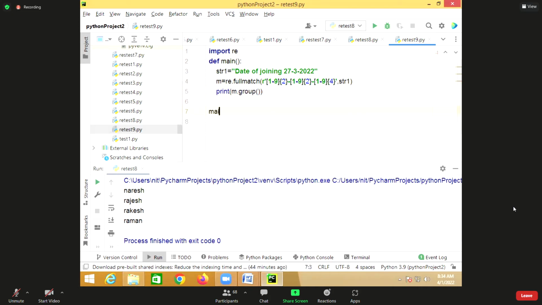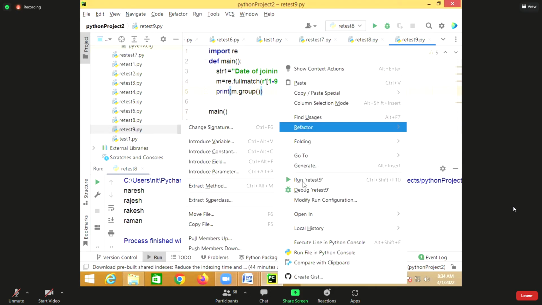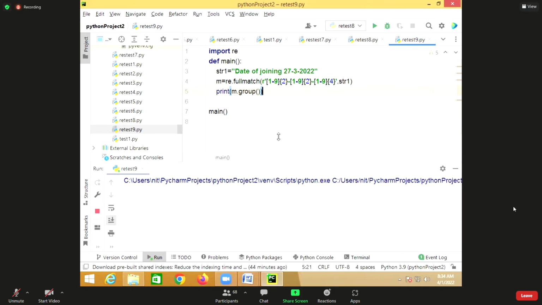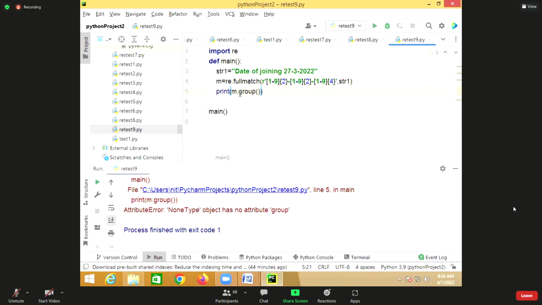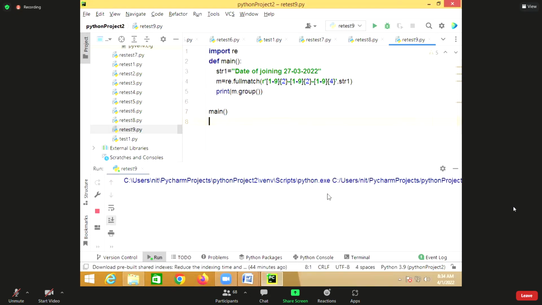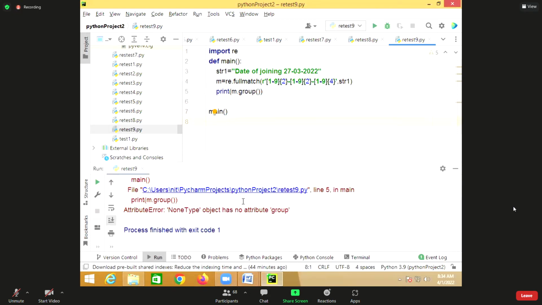The complete match is called a group, and that group is called group 0. 2 means exactly 2 digits, right? But this is having 1 digit, so I should write 03. 4 digits, 2 digits.